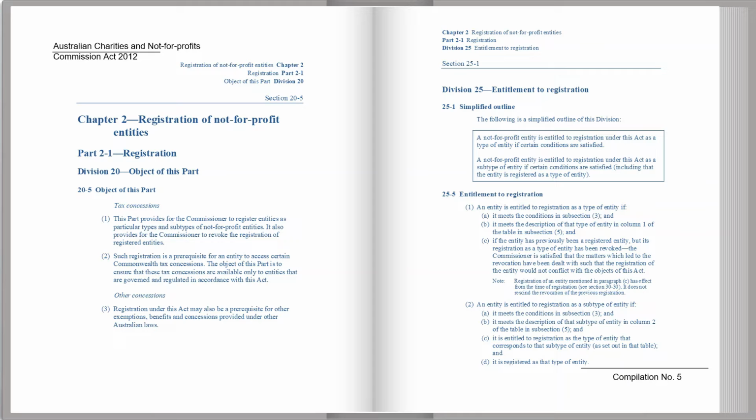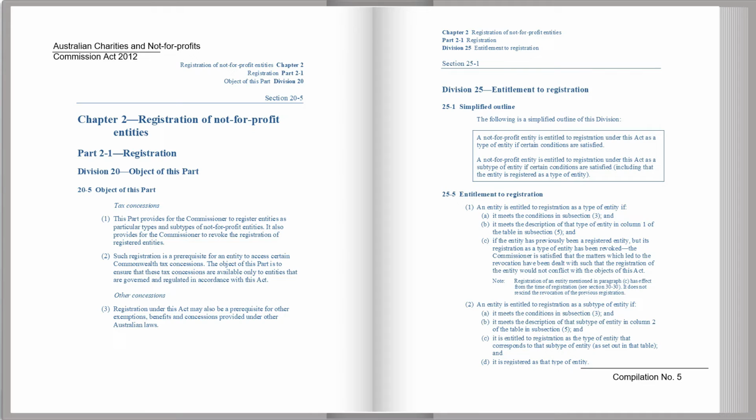25-5 Entitlement to registration. 1. An entity is entitled to registration as a type of entity if: a. it meets the conditions in subsection 3; and b. it meets the description of that type of entity in column 1 of the table in subsection 5; and